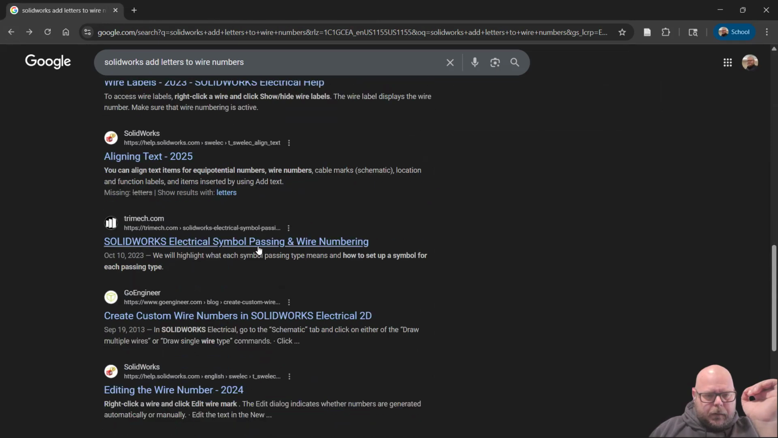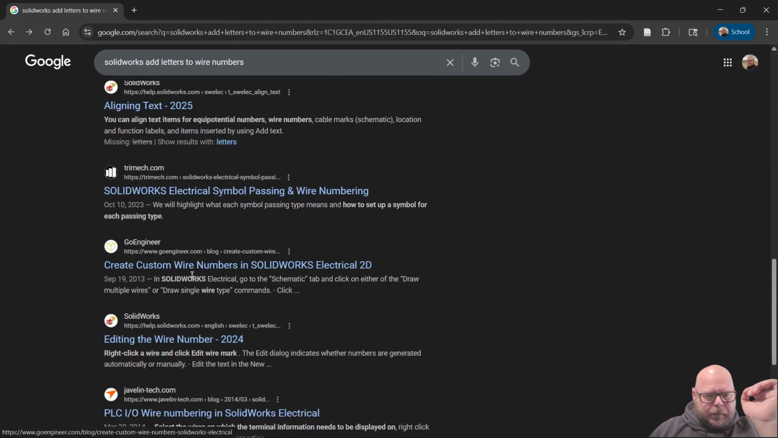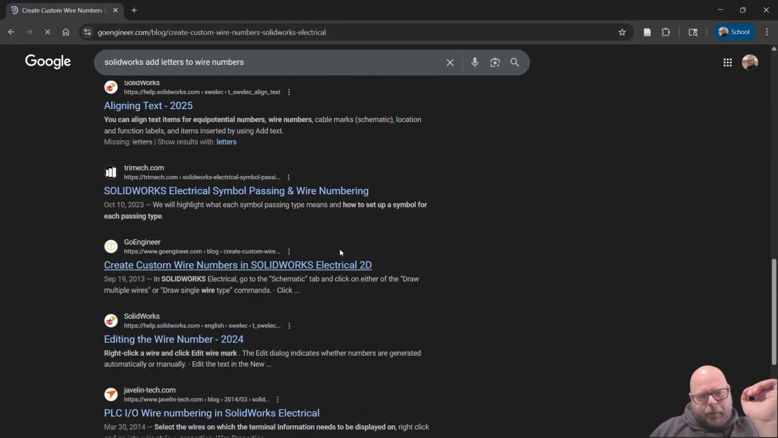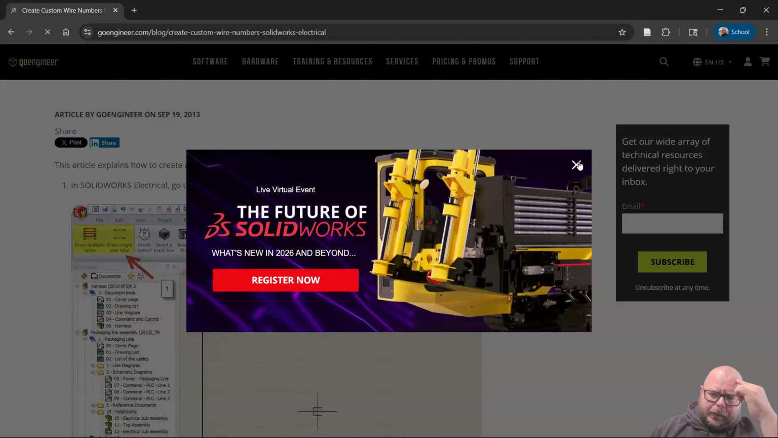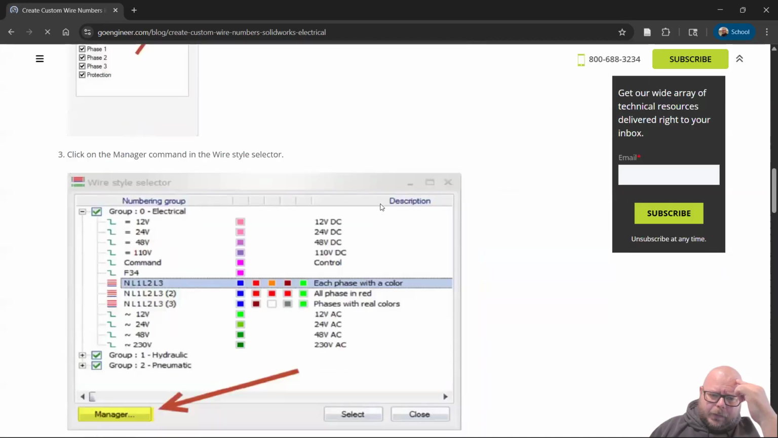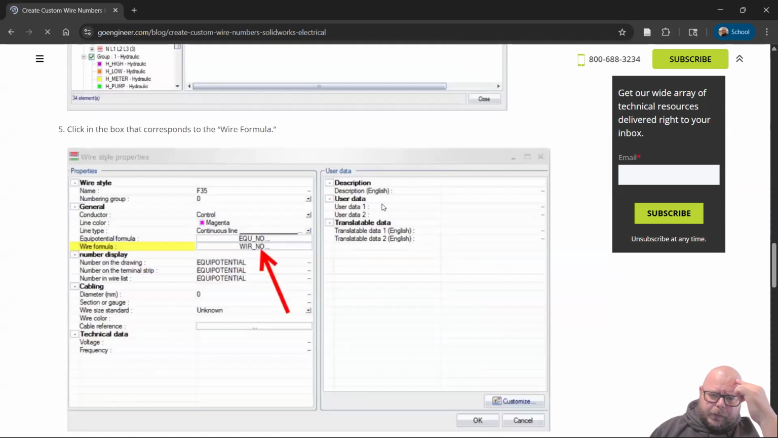Passing a symbol for each passing type, create custom wire numbers. Go Engineer is usually a pretty solid resource. I may also cut this section out because I don't know how long it's going to take me to find the actual formula that I use. It's pretty simple. I do remember that you end up actually listing A through Z, and basically, the formula is written such that